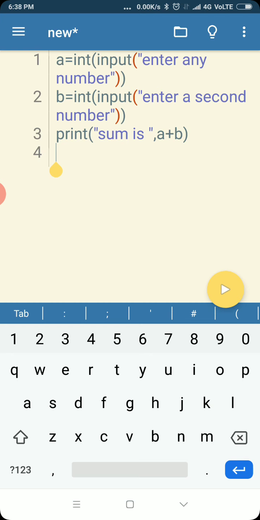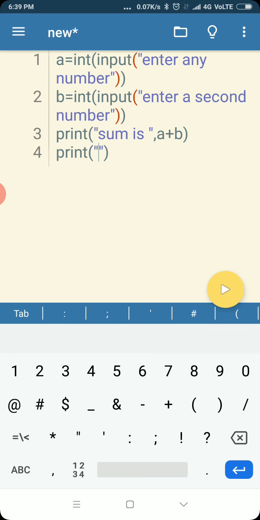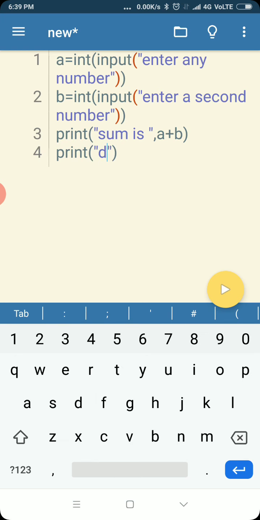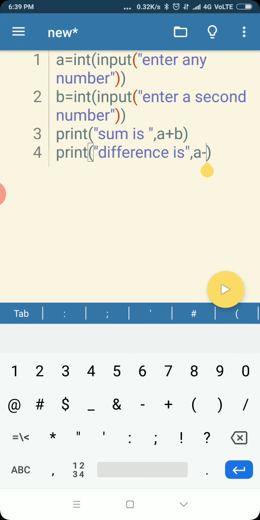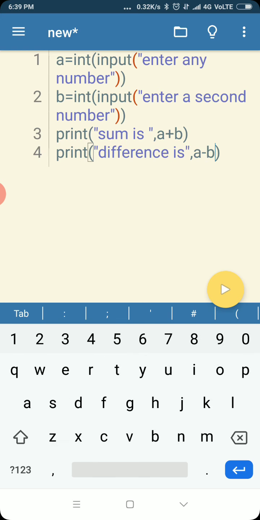Alright, I will type it only. So here I am simply typing print, and now the difference I am also displaying here. So difference is, I am writing outside this, yes, comma, and then A minus B. Yes, so it will display the difference.